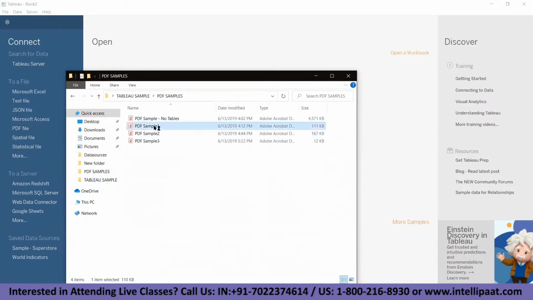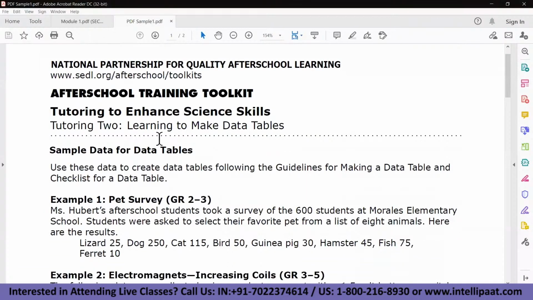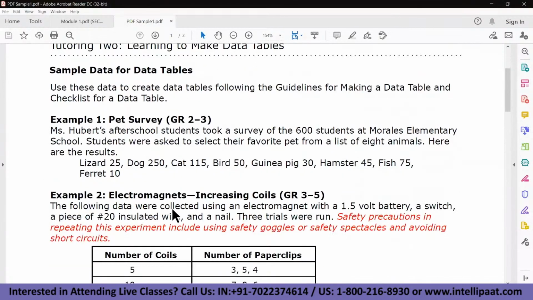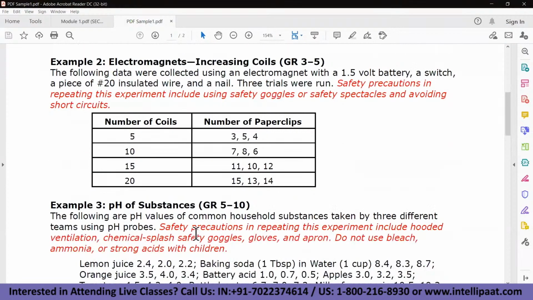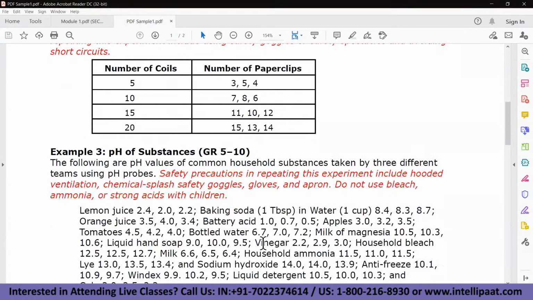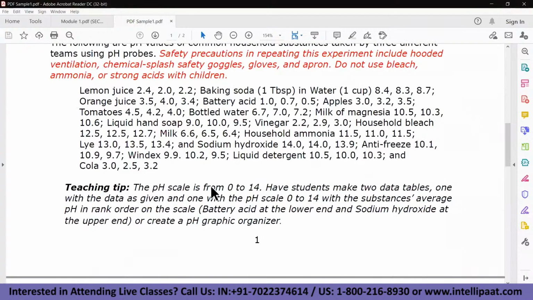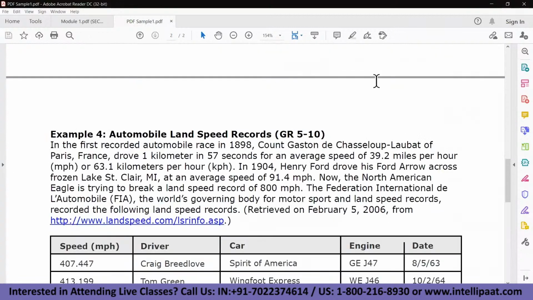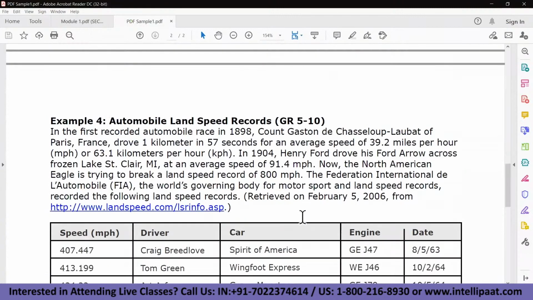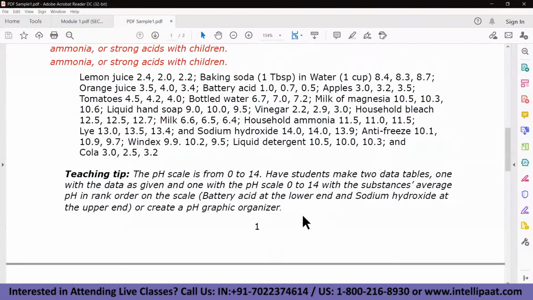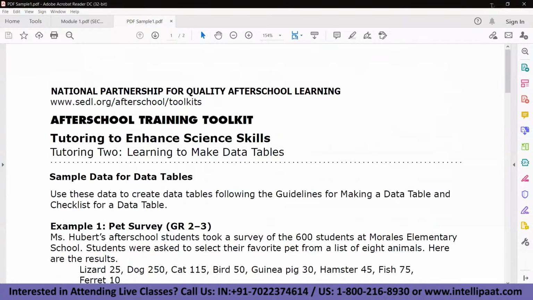Now I have a PDF sample right here where we have some data which is present in a tabular format. Then again, we have some text over here. Similarly, in the next page, we have some text, and we have another set of data which is represented in a tabular format, right? So now let's connect this PDF file with Tableau, and let's see what Tableau is going to fetch into the